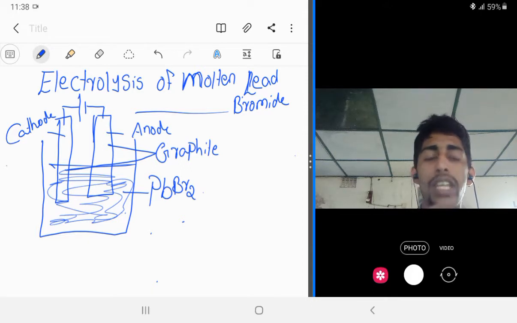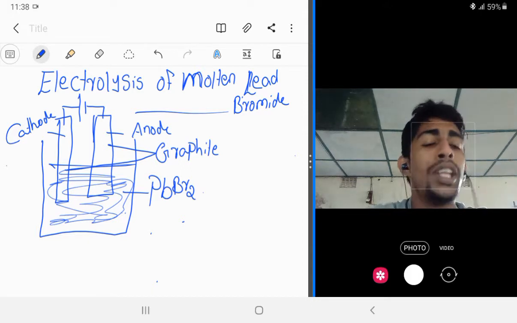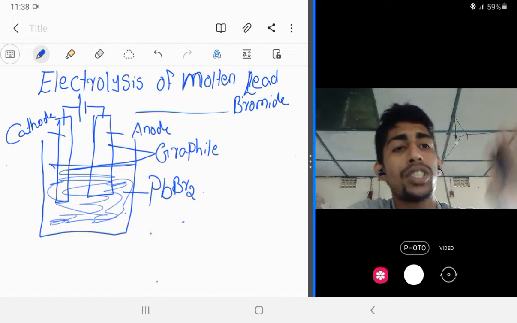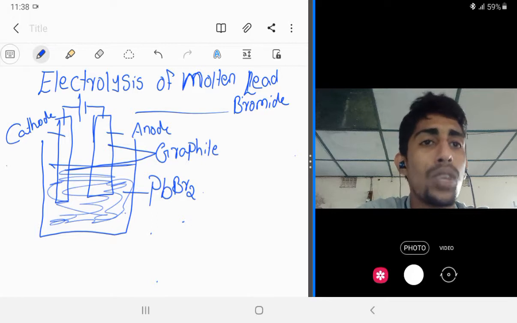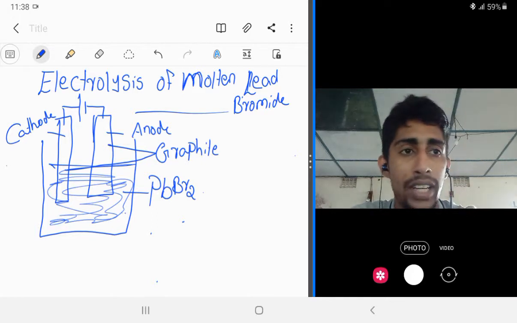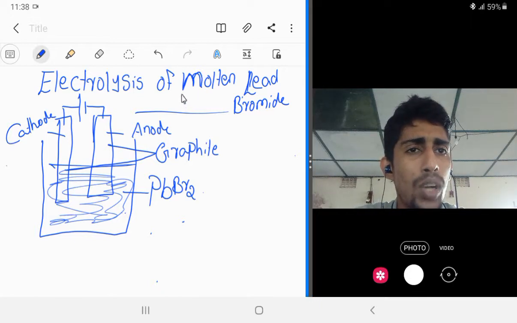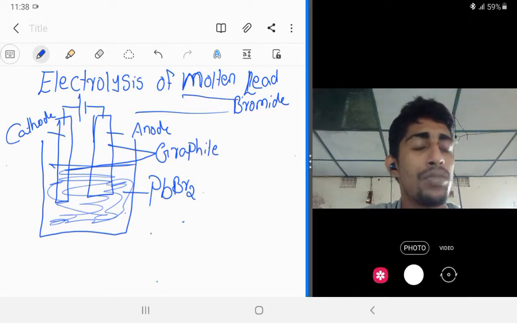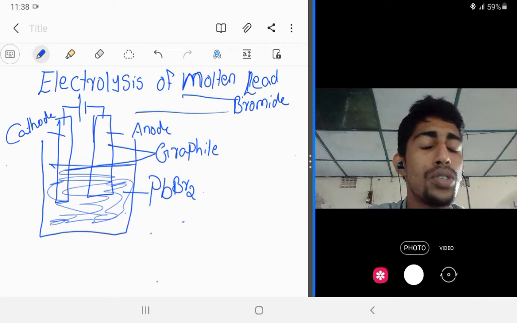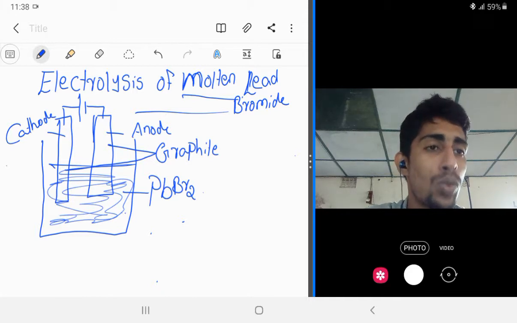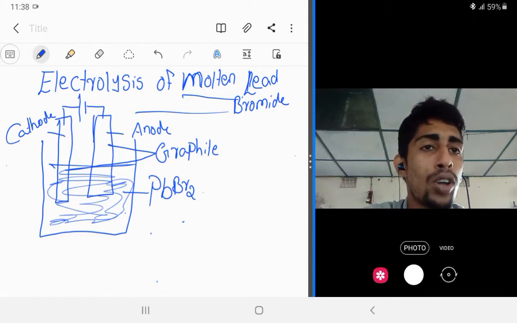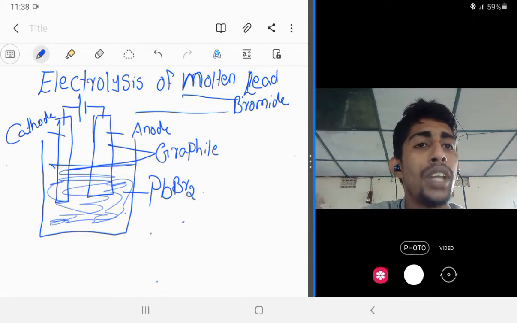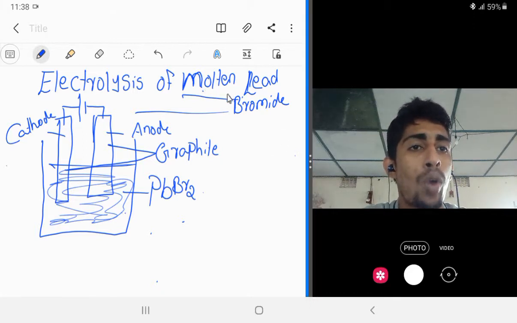From here onwards the process is very important. First we are going to study the electrolysis of molten lead bromide. Why did we take molten lead bromide? In the first class we studied that if the electrolyte is either in the aqueous or molten state, meaning fused state, then only it will pass electricity. That's what we already studied. I'm not going to prolong much about that. So here we will take the molten lead bromide as the